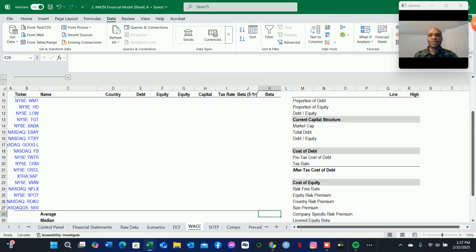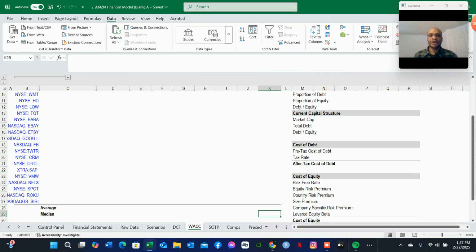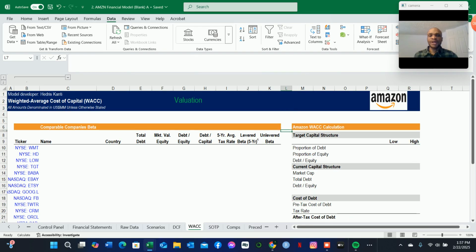So the average, or the median, of all of these unlevered betas would then be used to determine whatever the levered equity beta will be for Amazon. That's exactly what we're going to be doing here. This levered beta and unlevered beta is a very, very important metric in determining the cost of equity of a firm, because in this case, we're going to be using the capital asset pricing model as our estimate of the cost of equity. So the capital asset pricing model